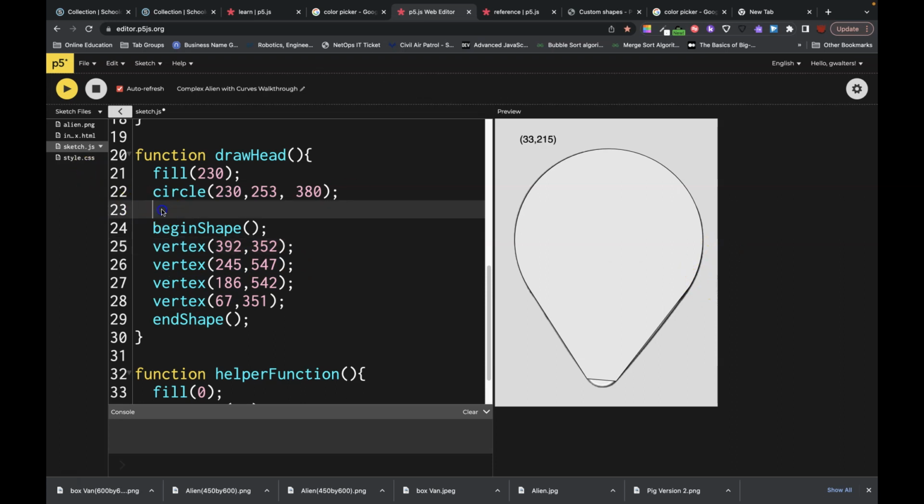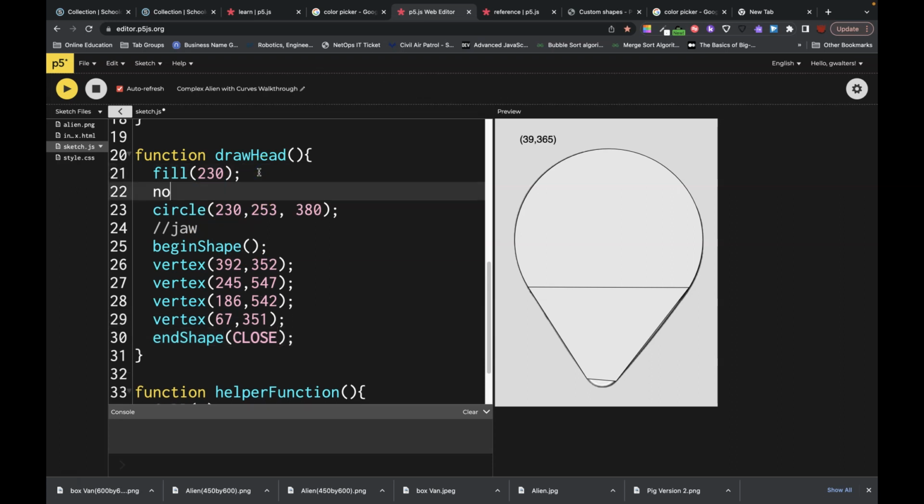Now, this is the jaw. Okay, now we want to close it, so we're going to close. Okay, now it's closed. I don't actually want that stroke on there. So I'm going to come up here for our circle and our jaw, and we want no stroke. Now, as soon as we remove it, we're going to have to add it back. So that shape actually doesn't look too bad, but I got to get this bottom part right here, which,